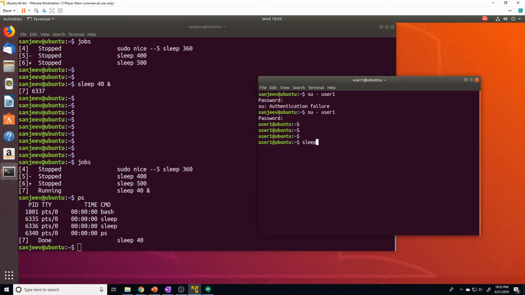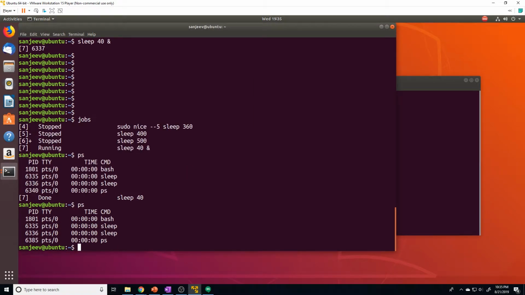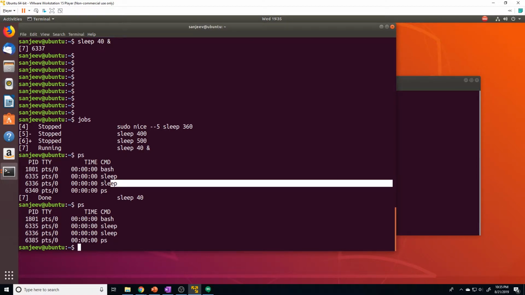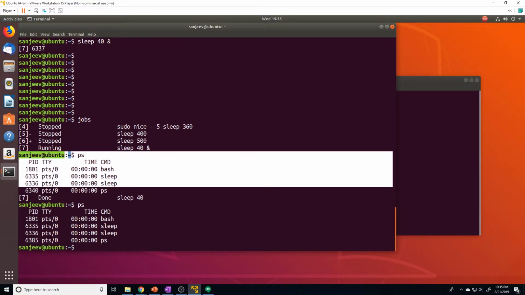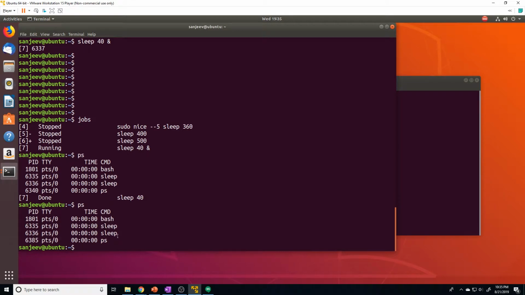And let's say he does a sleep 400 and then just runs it in the background. If we do a PS here, you notice we still have the same number of sleep processes. That's because we can only see the processes that we created by default. Now, if you want to see the processes from another user, we can actually do